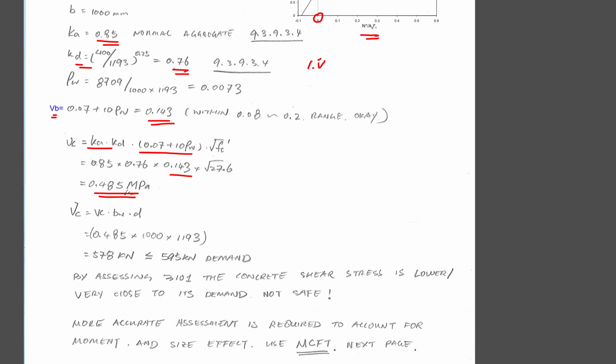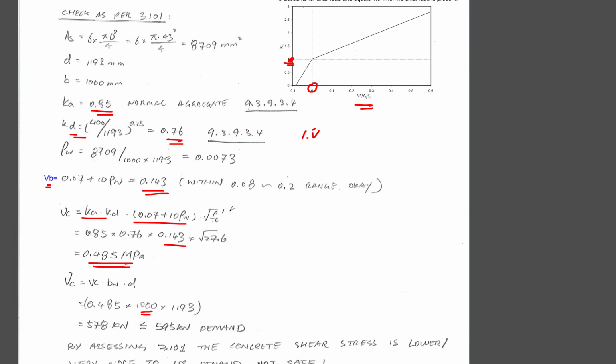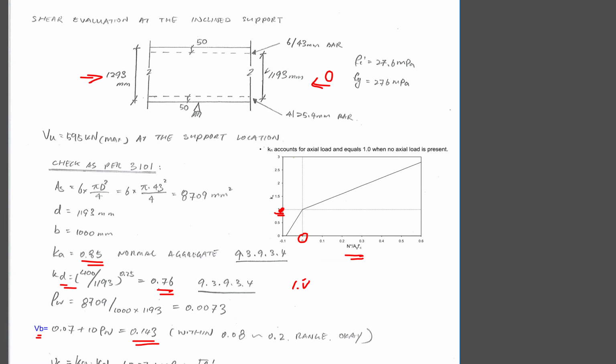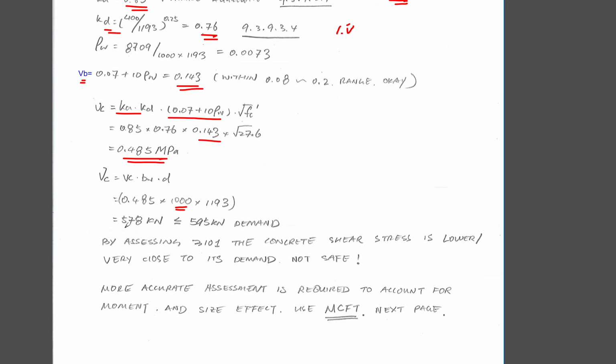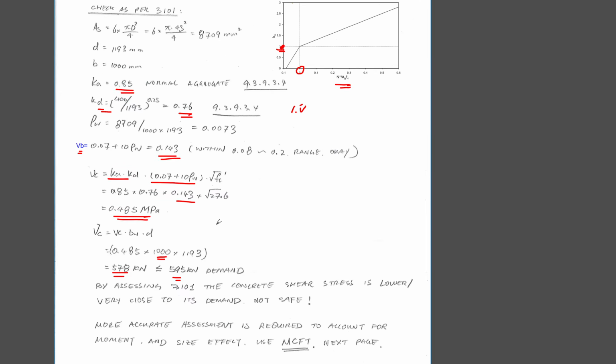Then we use that shear stress times our effective cross-section area, which is just B times D. We're talking about a meter strip width, and the depth to be 1193. I have deducted the 50 mil cover just to be accurate, and eventually I get the concrete shear capacity as 578 kilonewtons. That is almost close to 595. So this is pretty